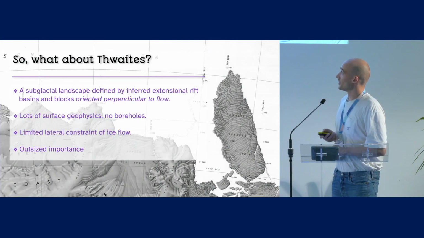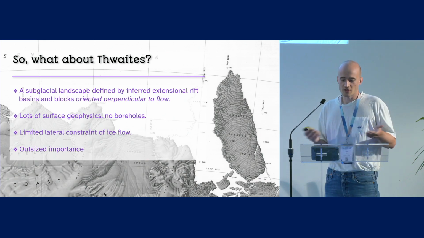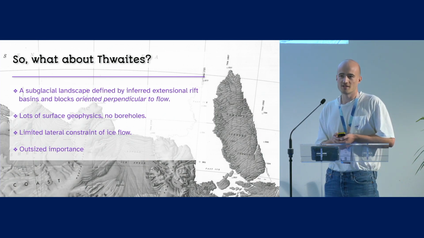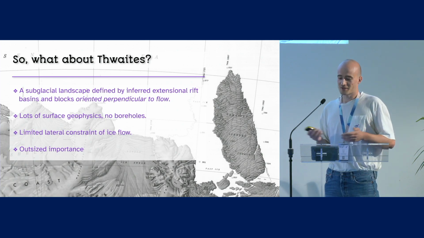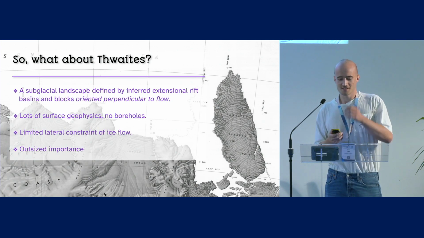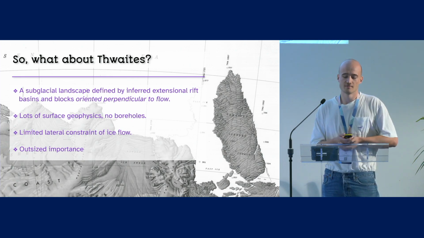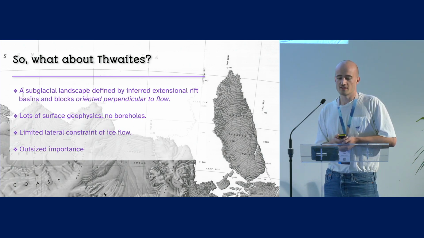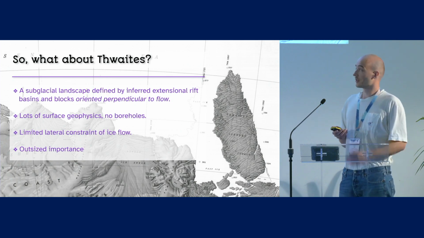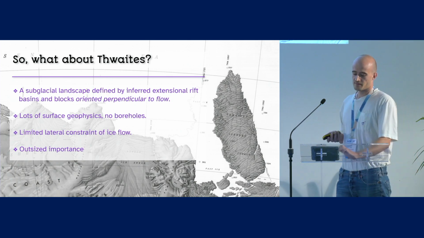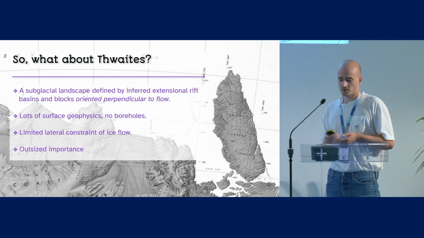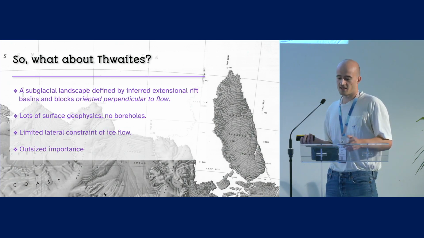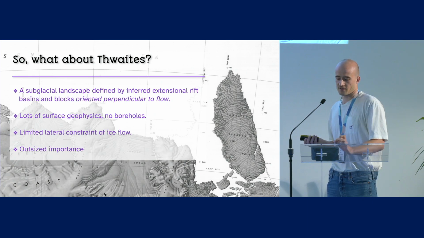So this brings us to Thwaites. As I'm sure you know, Thwaites is kind of funky for several reasons. We have an inferred extensional rift basin comprised of blocks and basins oriented perpendicular to flow. This is in contrast to the Siple Coast ice streams that have a fairly isotropically smooth bed throughout. We have lots of surface geophysics, but no boreholes, and it's expected to be quite important for past and future